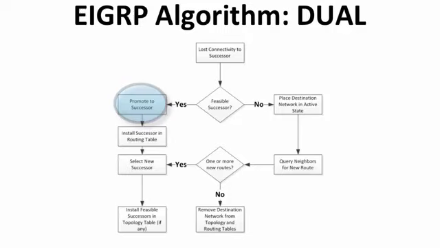So that becomes the successor. Once it's the successor, it is then installed into the routing table. For example, it would be installed into the IP routing table. And then the router would begin to use that new path. So this chart gives you a high-level overview of how the DUAL algorithm runs. But it's important to know these concepts of successor and feasible successor as you move forward with EIGRP and how